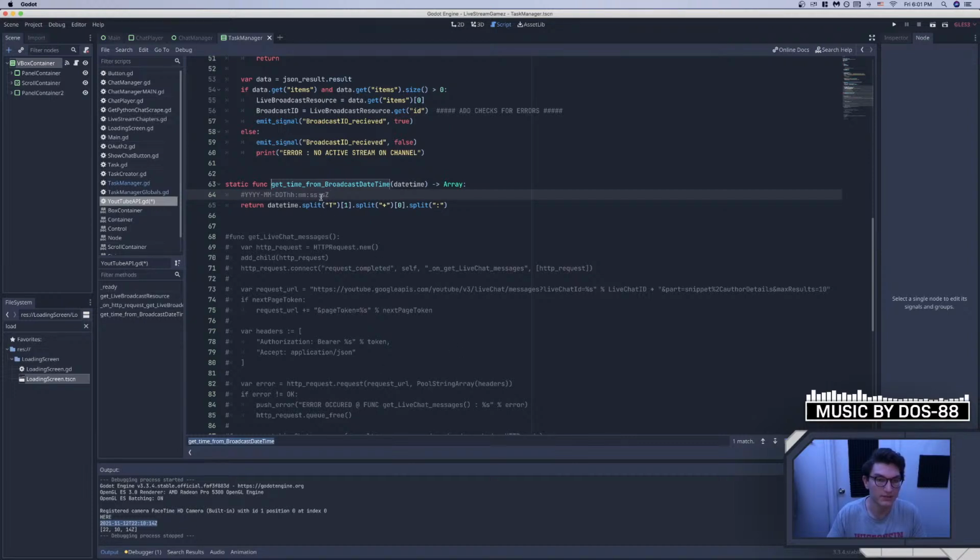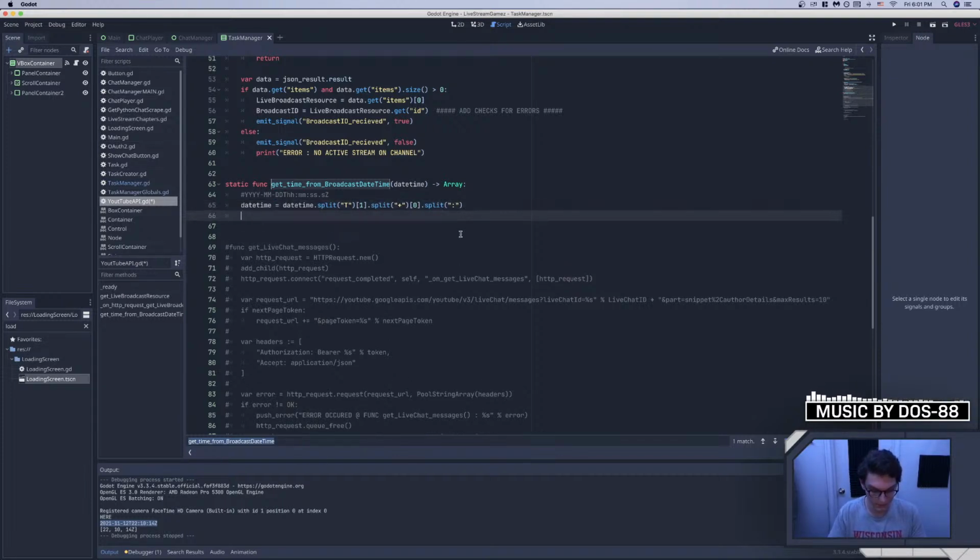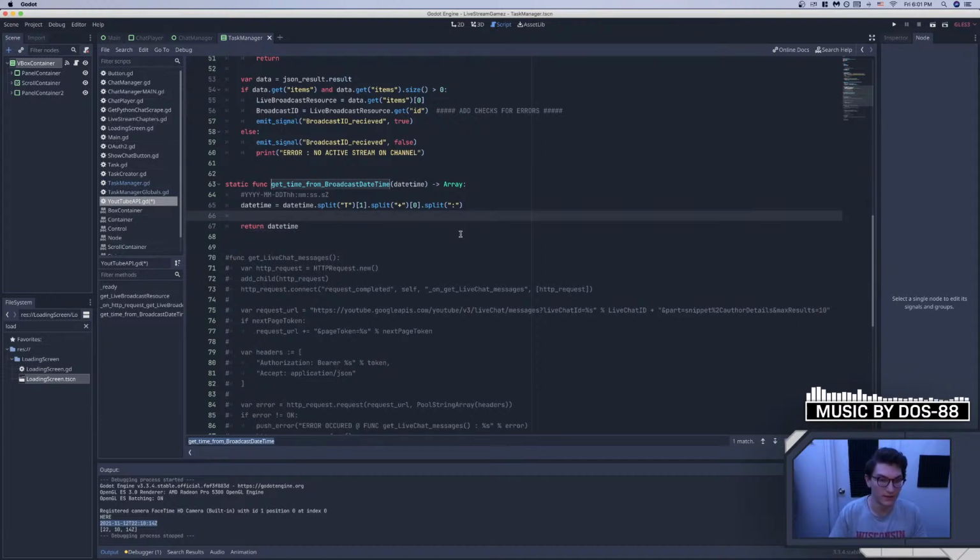That should be, because that's giving us the seconds. Yeah, and then we'll say date time equals that, and then we'll return date time. And then here we want to say date time should be always the last one, right? Minus 1. And then, so that should,